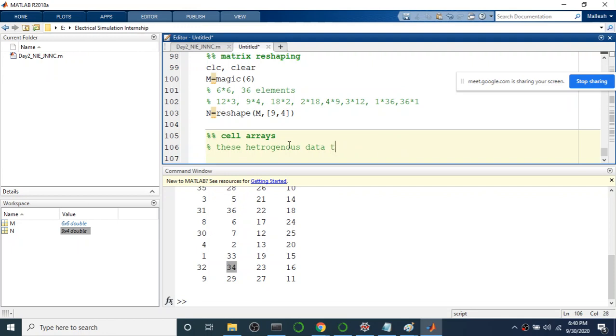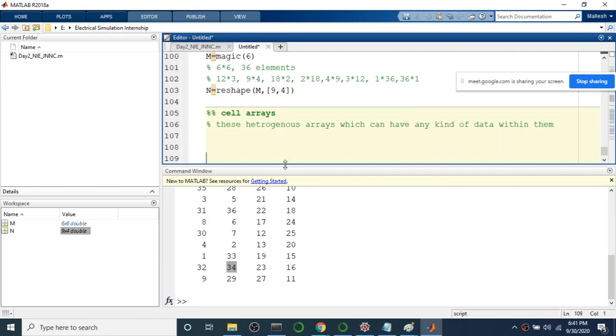These are heterogeneous arrays which can have any kind of data within them.